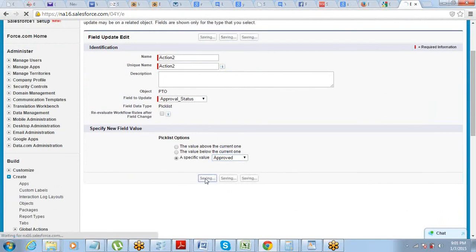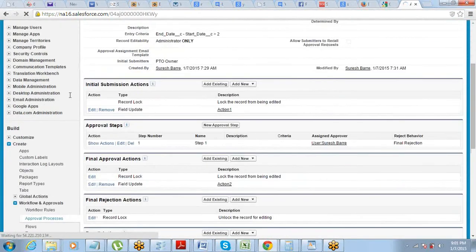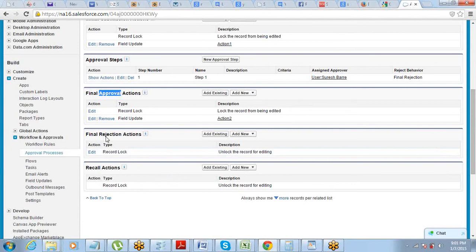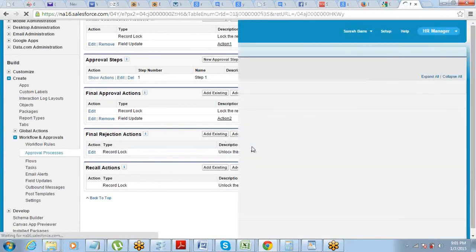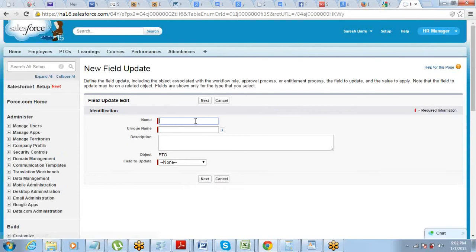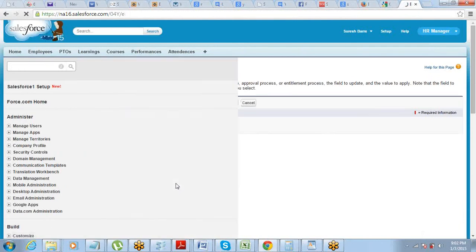This is the field that we want to update automatically. So we'll select this. What should be the value to which it gets updated? The value should become pending. Okay, that's fine. So the submission action will change this field approval status to pending. Save it.